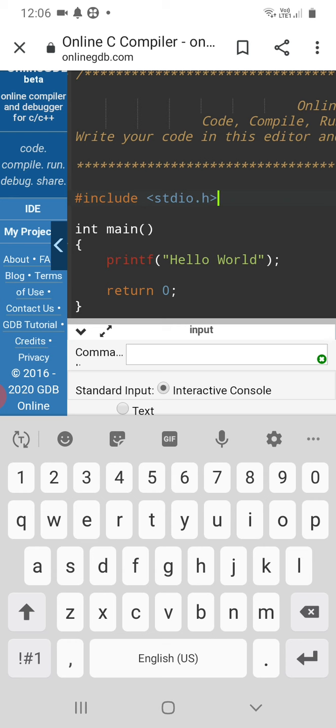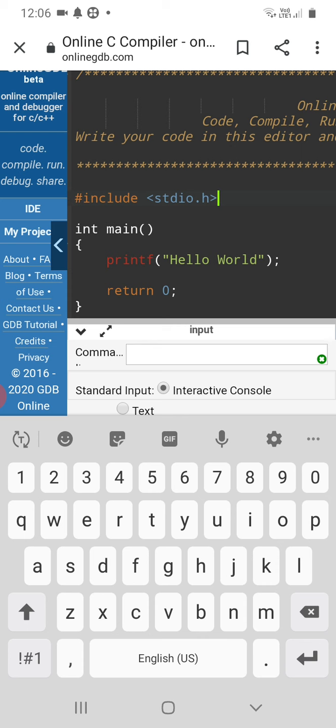Here first you have #include <stdio.h>. stdio means standard input and output. This is a preprocessor directive. It specifies the file, the contents of which are to be included as part of the program. In order to include some standard library functions, we need to include some files. Those files are generally called header files, and this links the code from the standard library stdio.h.